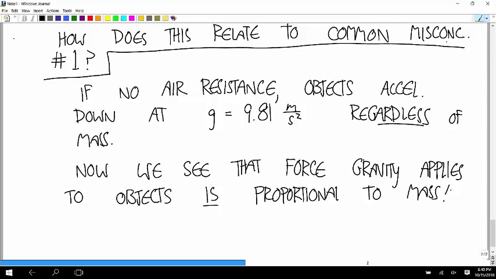Okay, so the question is, how can both of those two things be true? This is a super confusing thing. So if you go into that vacuum chamber and drop a bowling ball and a feather, and they both accelerate down at 9.81 meters per second squared. Now we calculate the force that's applied to those, and the bowling ball has a much bigger force applied to it by gravity. So how can these two things both be happening? Yep,